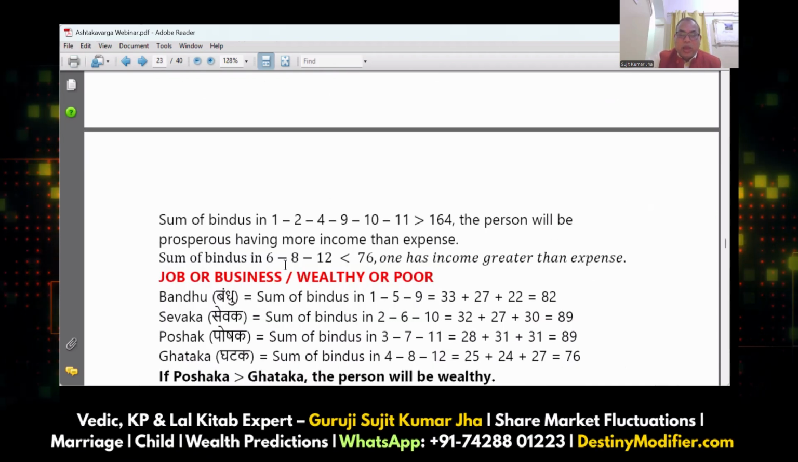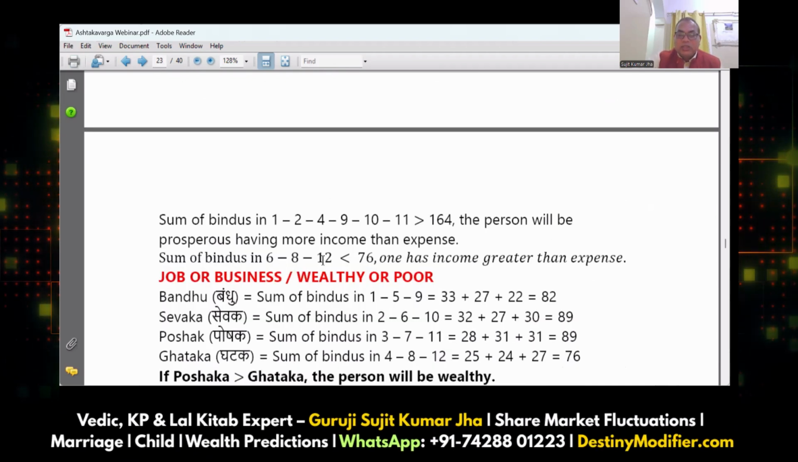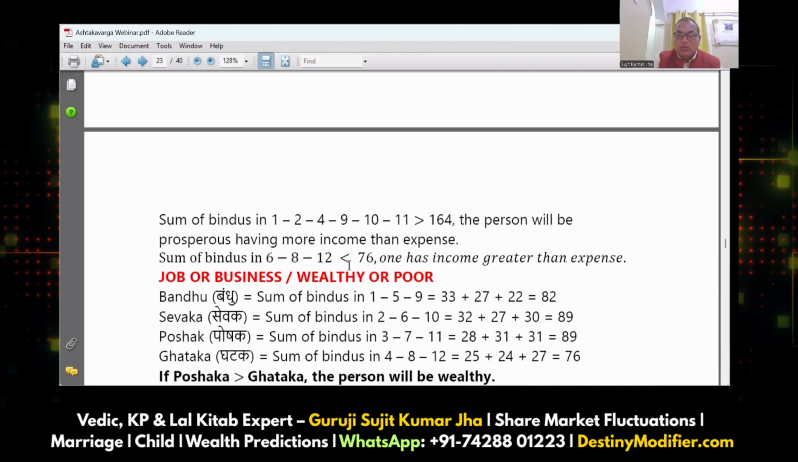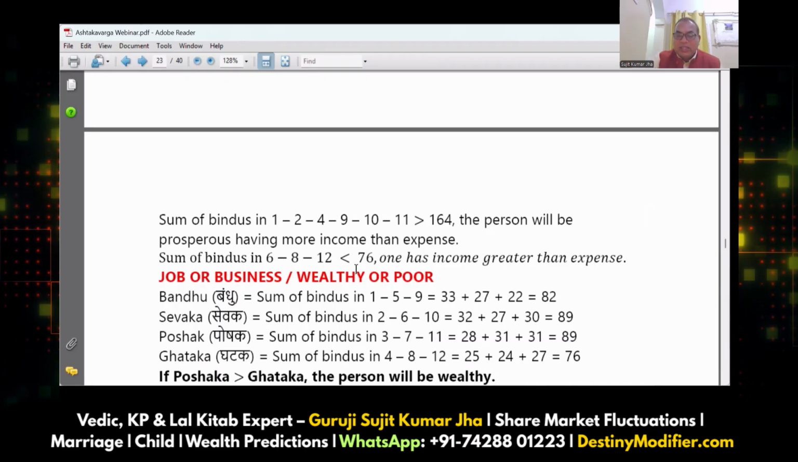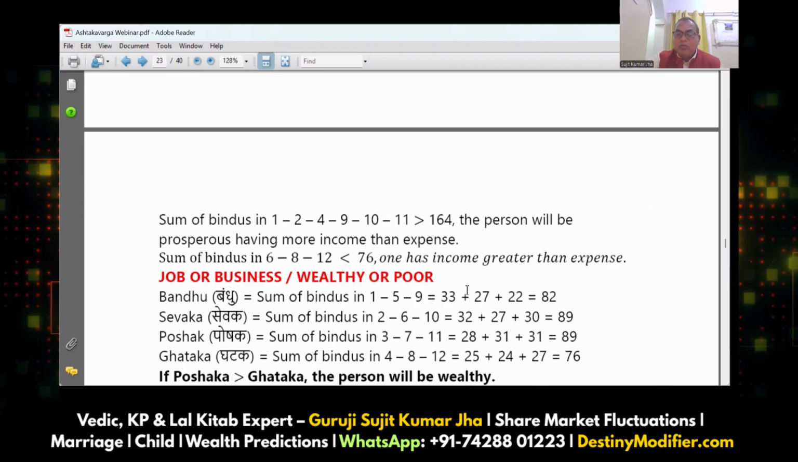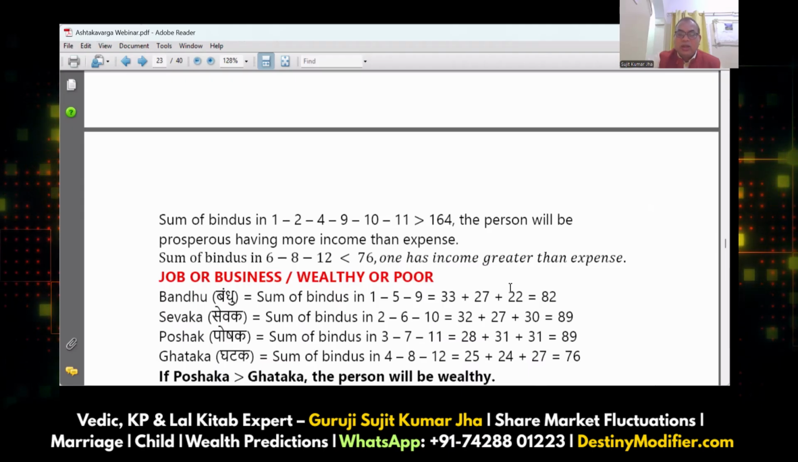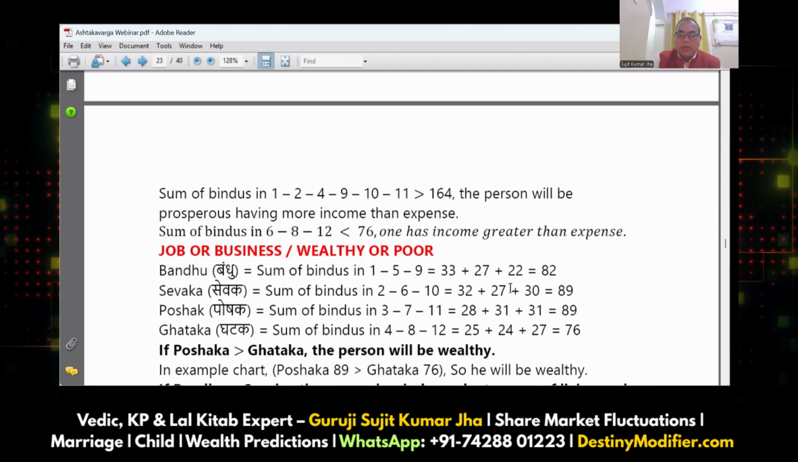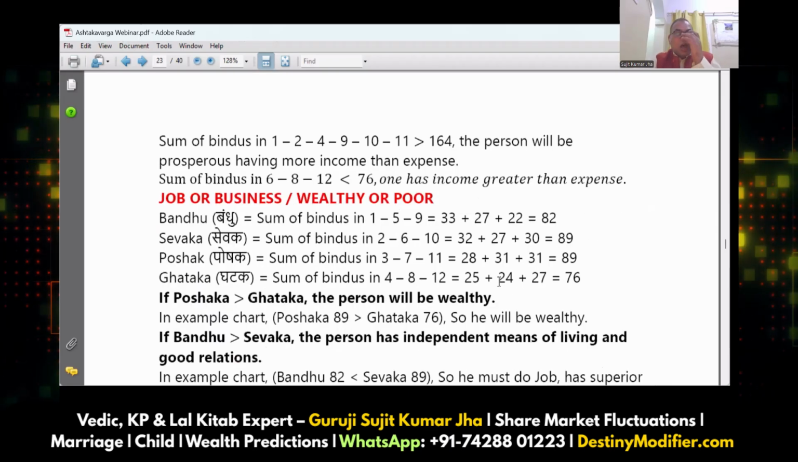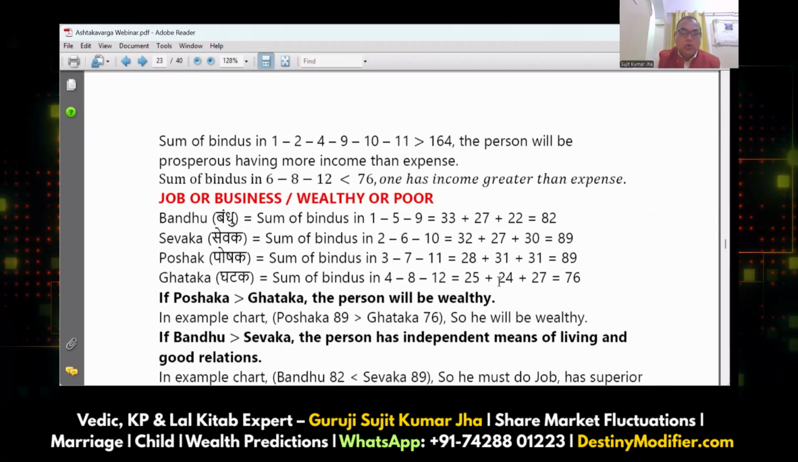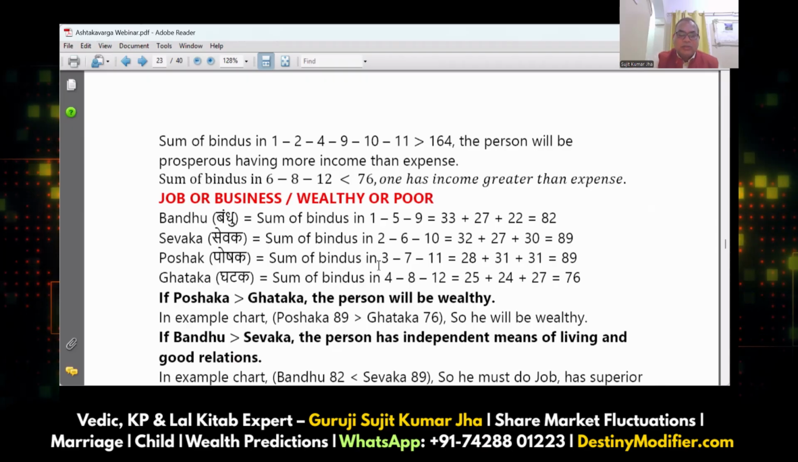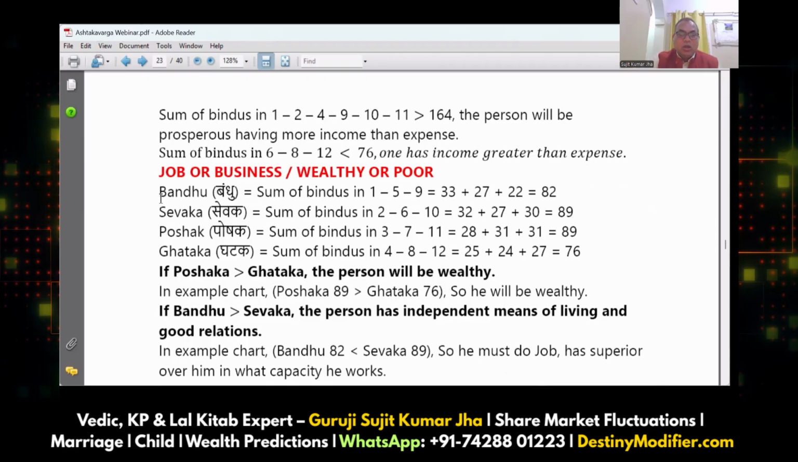Same way, we have to add points in the 6th, 8th, and 12th houses. If all points in these houses are less than 76, then the person has more income and less expense. Now, whether the person will do a job or business, we can decide based on